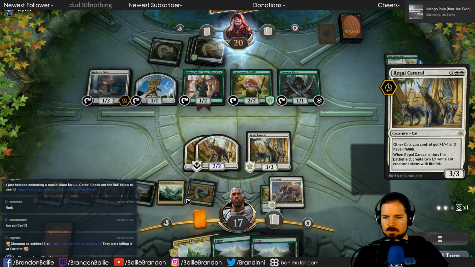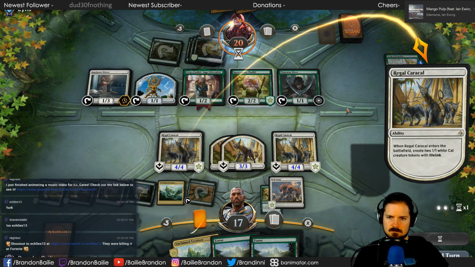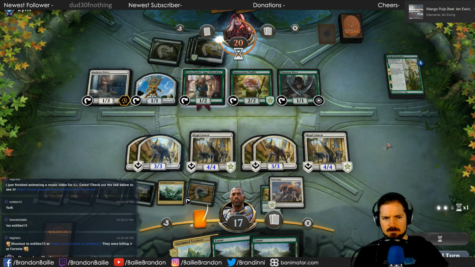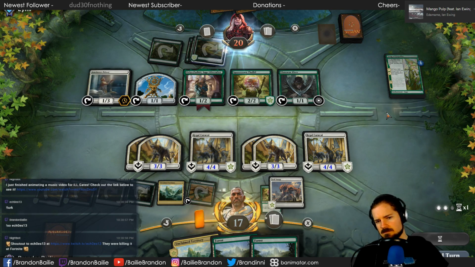So we can just swing with these two, I think. I mean, he could add something. Or no, because... Oh, it's until your next turn? Oh, your next turn. Okay. So that makes a little bit more sense.